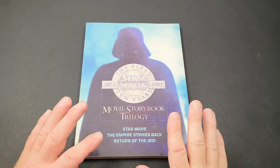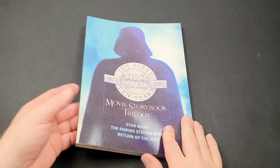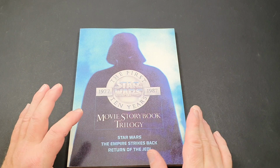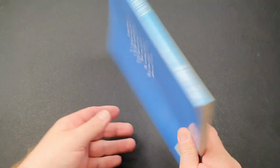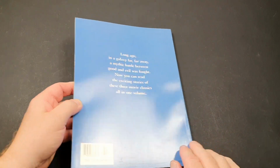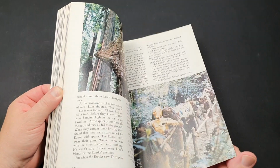So, can you believe, as I was finished filming the video, I went to put the books away, and lo and behold, I found this one, which is actually the Star Wars storybook trilogy. Can you believe it? In 1987, this one came out. It was a US edition, published by Random House, and this actually has all 3 storybooks put into one